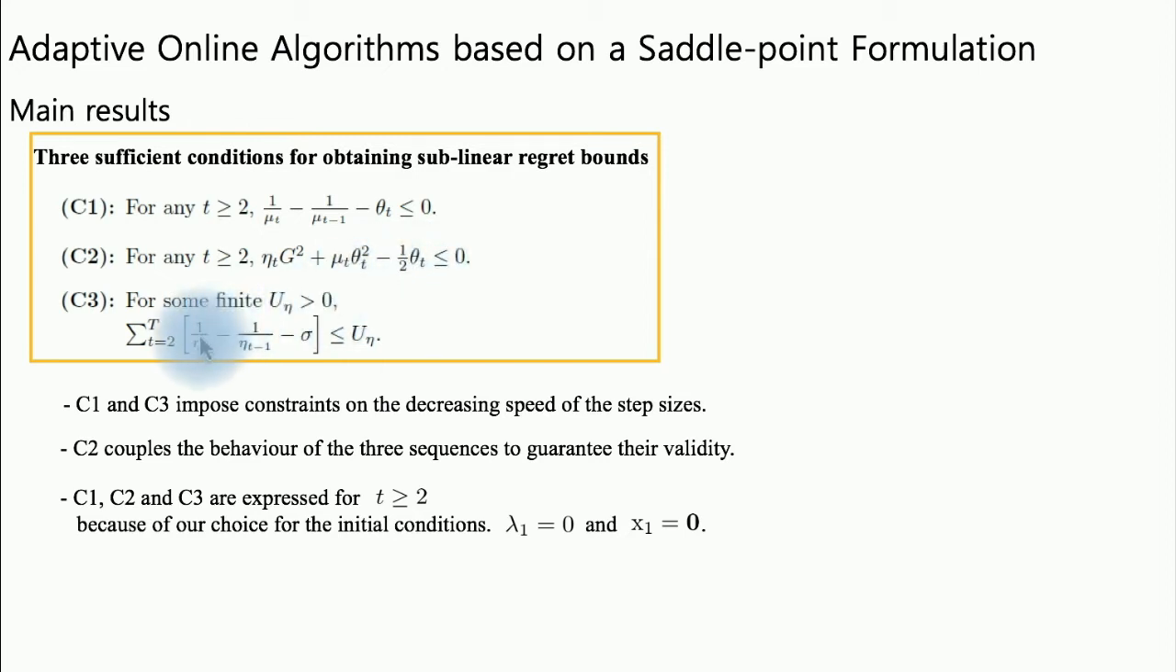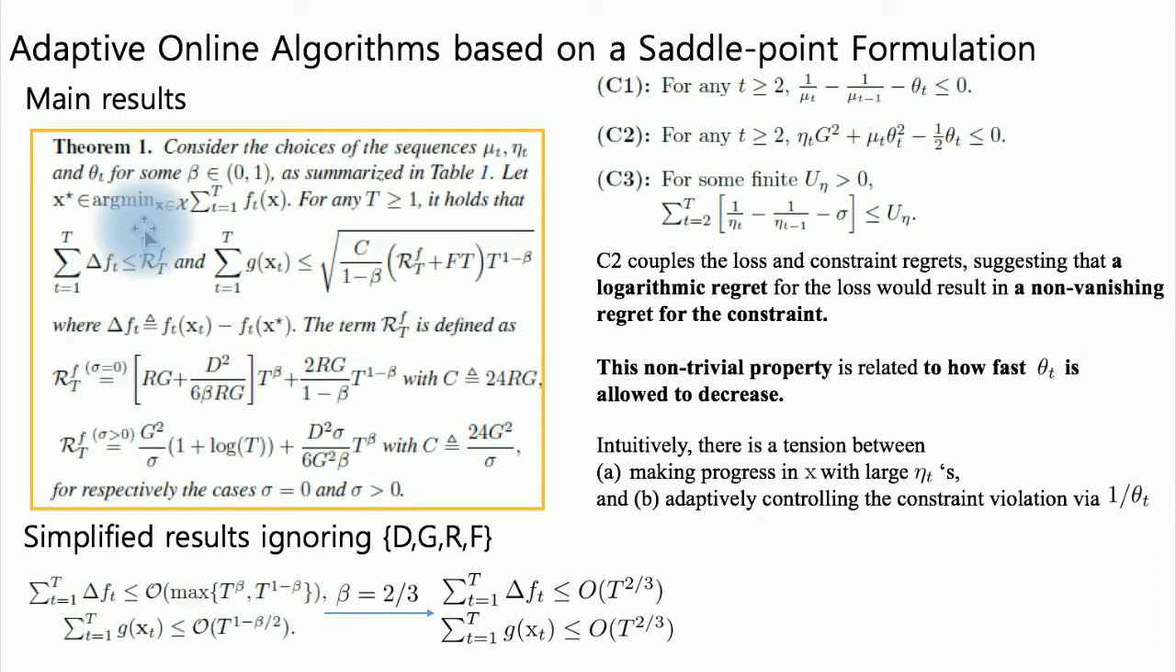C1, C2, C3 are expressed if t is greater than or equal to 2 because of our choice for the initial condition: lambda 1 and x1 are set to 0. Our main result is described in the following theorem. Theorem 1 can be further simplified in the convex case, forgetting momentarily about the dependency on the set of